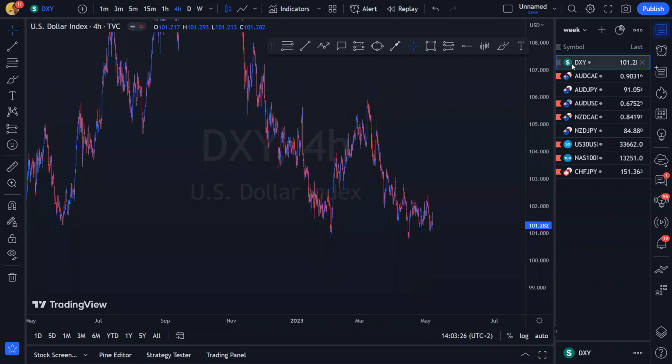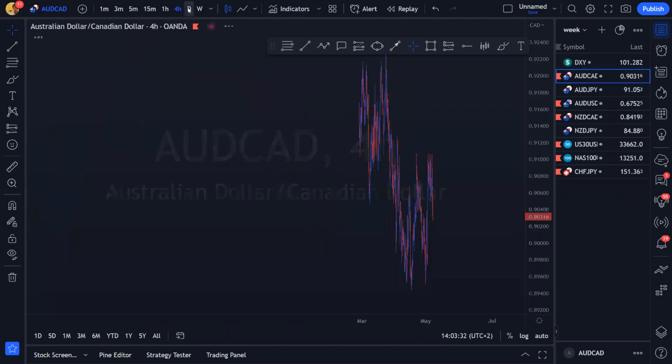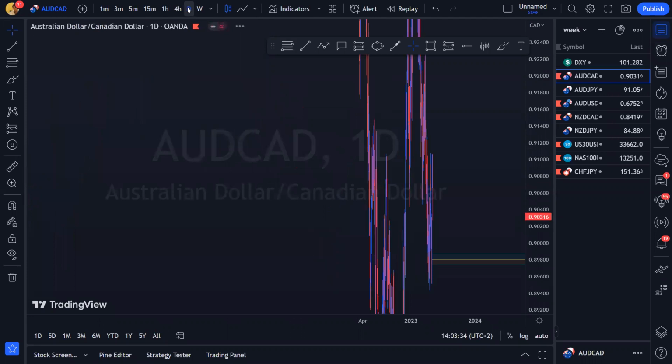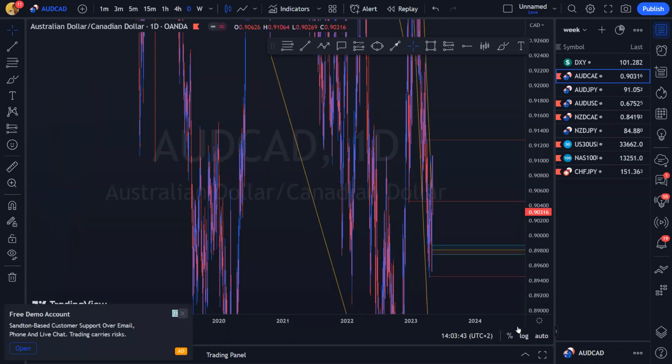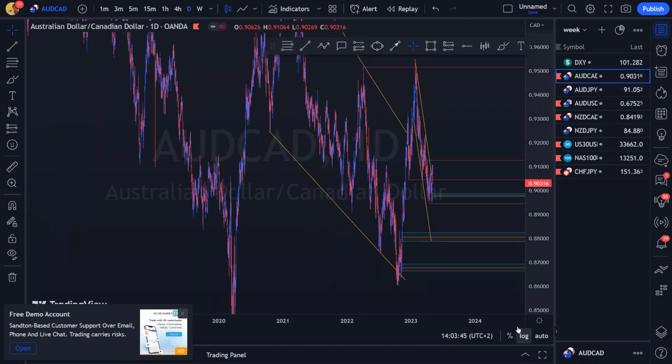So we'll start off with our AUDCAD, get straight into things, waste no more time. We'll go up to the daily. On most of these pairs, what we're going to be doing is just evolving with the structure, because obviously structures are changing a little bit or a lot depending on how you look at it. So we're just evolving with the structures, and then we're looking for trading opportunities.